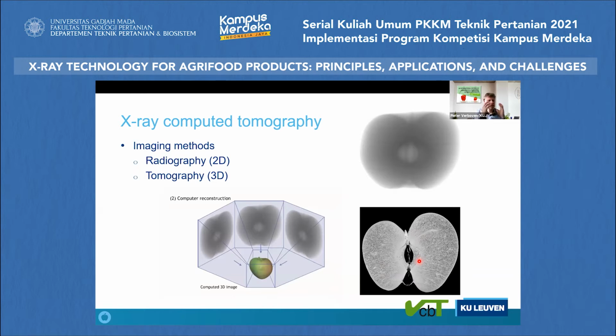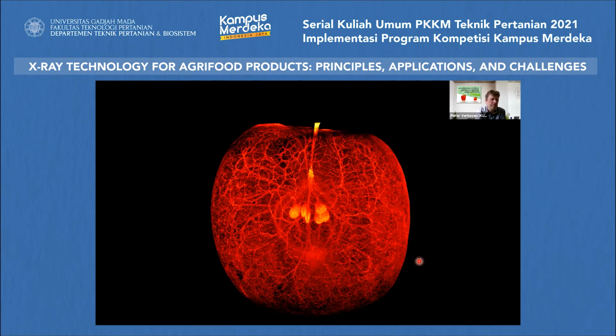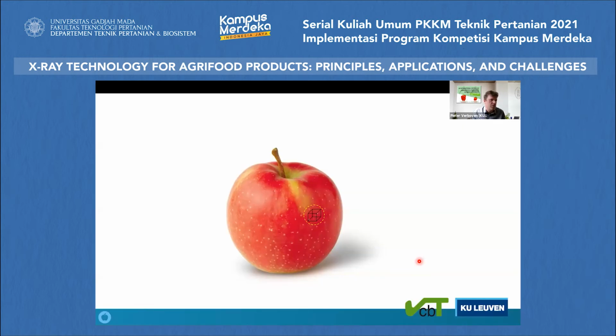And so we can get much more insight into the product than what we could do with microscopy imaging or with any other methods for that purpose. Now this is an image of an intact fruit, and as I told you, one of the benefits of X-ray imaging is that you can look over the scales to much detail. So you can look at the whole product, but you can also look at just a small sample of the product. And you can imagine you can take a sample of the tissue of a few millimeters in size,